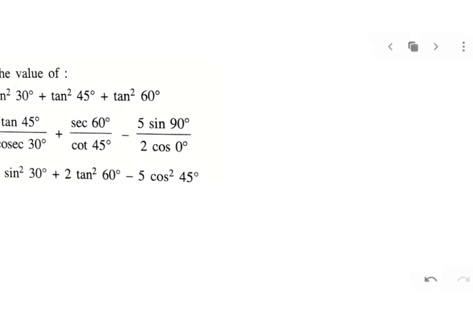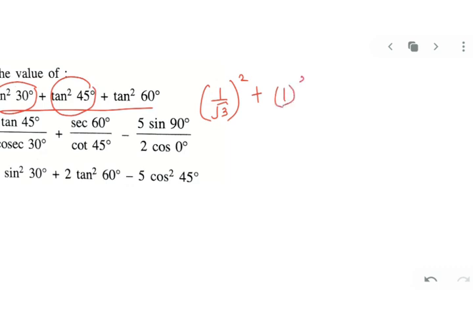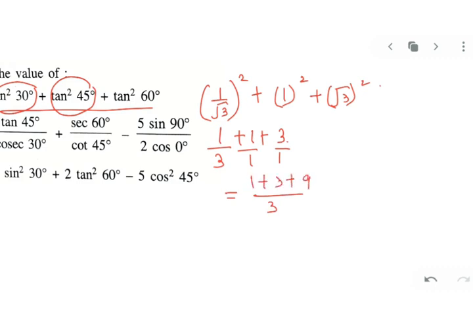Next you have tan square theta plus tan square 45 plus tan square 60. So I am putting tan theta and we will square it. So tan theta in front of me I have as tan 30. Sorry, tan 30 is 1 upon root 3. We will square it, plus tan square 45. So I have tan 45 value as 1. We will square it, plus tan square 60. So tan 60 is root 3. We will square it. My dear kids, square it and take the LCM and get the answer. You can keep it in fraction.